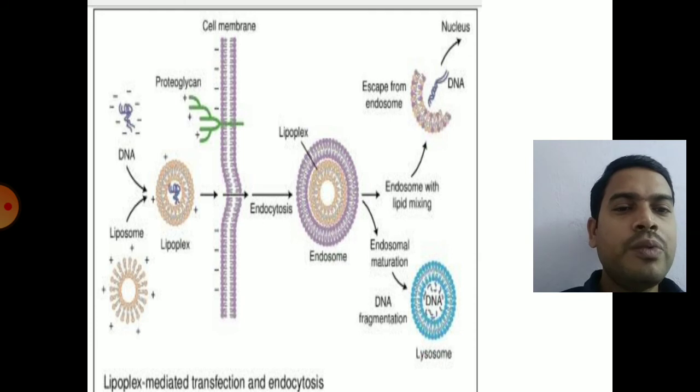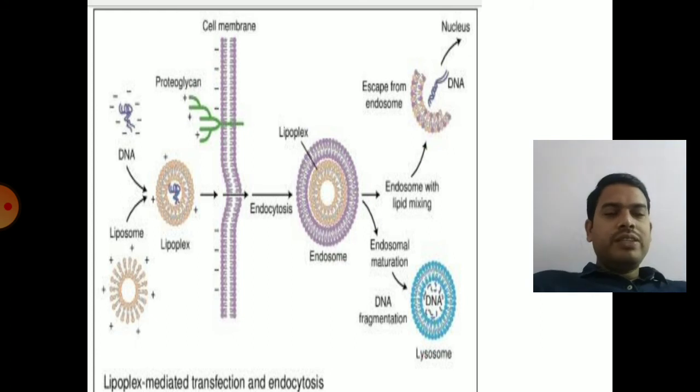Whenever liposomes are introduced into cells, there is a chance of mixing with lysosomes and degradation in the lysosomes. This is prevented by the Lipoflex, which contains two coats. One coat will combine with the lysosome, the other coat will combine with the nucleus, such that the DNA is transferred into the nucleus, where it can segregate into your chromosomes.